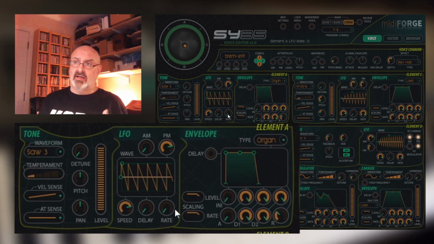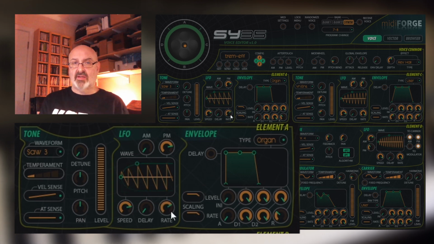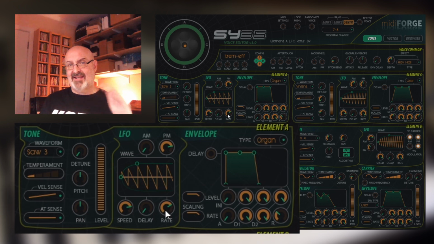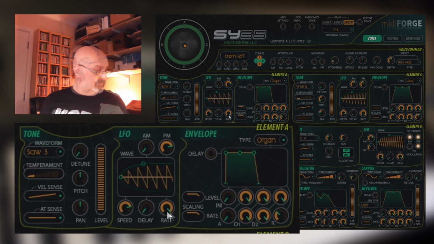Now, I think there might be a bug here. It works, but the graphic doesn't seem right to me. So I want the LFO to come in straight away with no delay whatsoever. So I've got the delay to 0, but you've got this rate which is like an attack envelope on the LFO itself. So if I put the rate up to full,